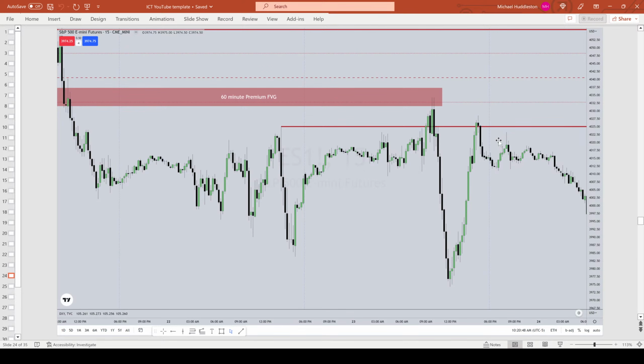And on the 15-minute time frame, you can see it here. So it runs up, hits that lower quadrant level of that fair value gap on the daily chart, and the premium 60-minute fair value gap, which doesn't look like a fair value gap now when we look at it on the 15. It's important to move from the top down, higher time frame, lower time frame.